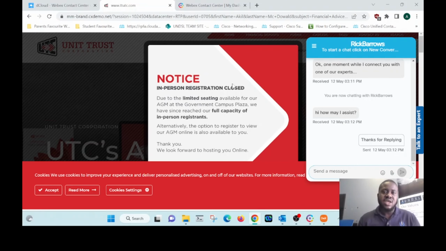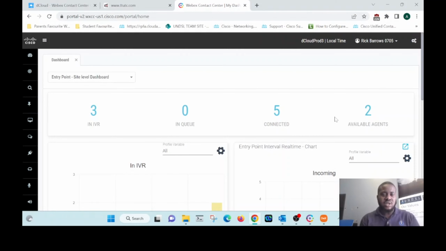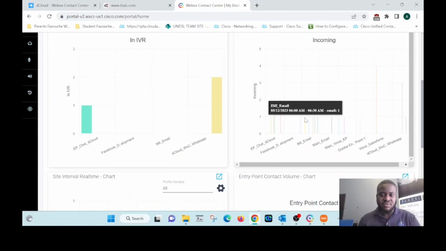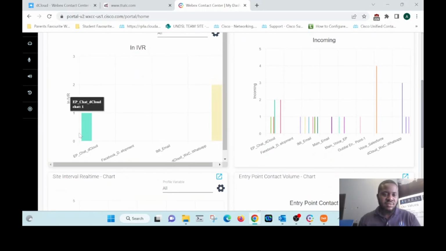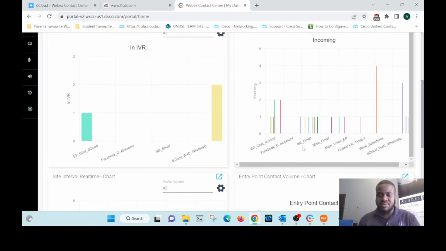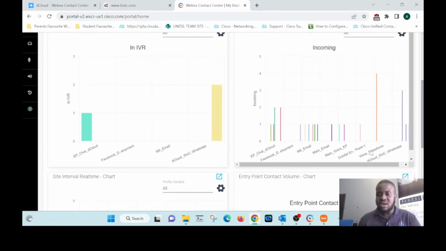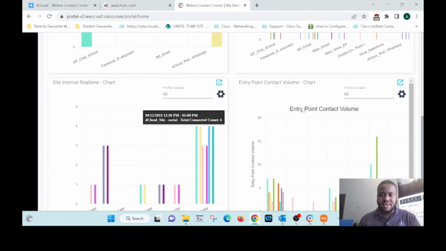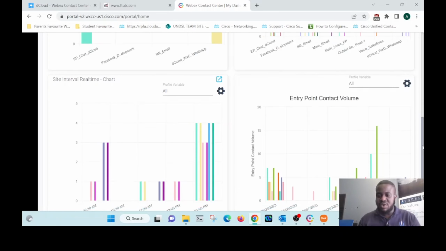And for us to see that, there is a portal, everything cloud-based, and this portal here basically gives us an idea of all that is happening in the system, whether from a historical standpoint or a live standpoint. And right off the bat on the dashboard, we're able to see these graphs all giving us feedback, right? Incoming, what channel people are using, right? We have real time, we have entry points,